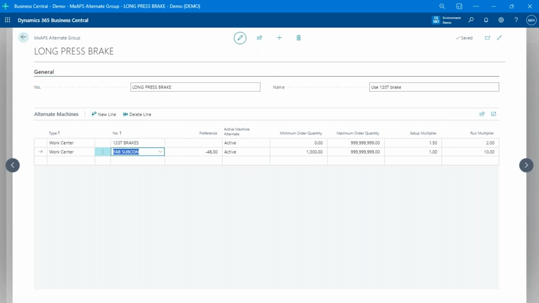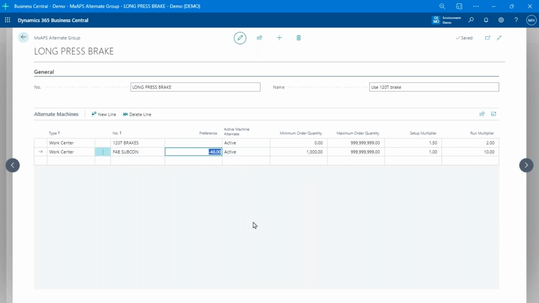And we can also do subcontracting. And what that means is, if I say I've got 1,000 pieces at minimum here, it can maybe tell me to do subcontracting on this operation instead of doing it internally. It does add 48 hours to my schedule, but that might result in a better overall schedule. So what the system is actually doing is I've got my preferred machine, and I've got 2 alternates here.